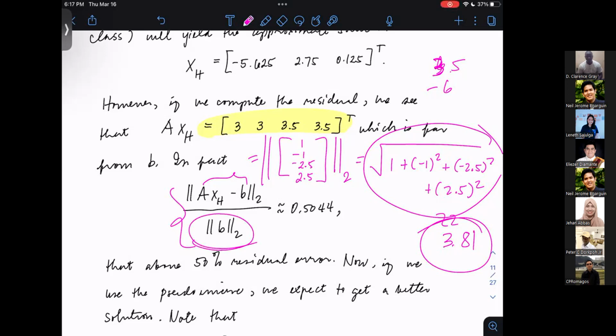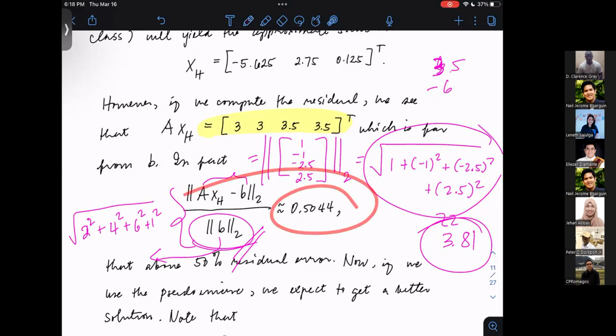So I'm going to compute the L2 norm of 2461. That's going to be 2 squared plus 4 squared plus 6 squared plus 1 squared. Whatever that number is, that will be my denominator. So you will get a quotient or a ratio between the size of the residual and the size of the target vector. And if my arithmetic here is correct, the relative error is 0.5044, meaning the residual is around 50%